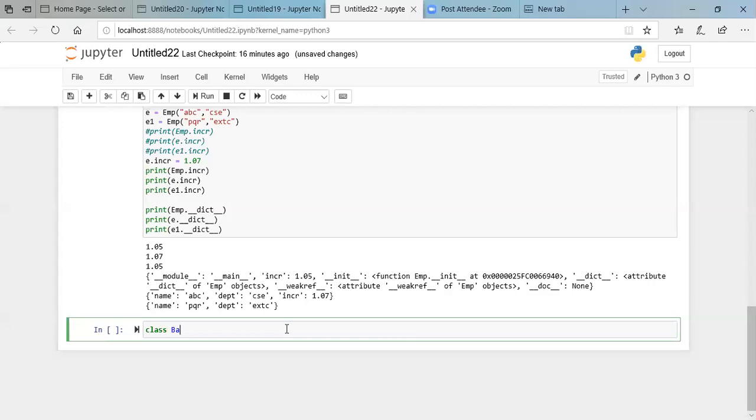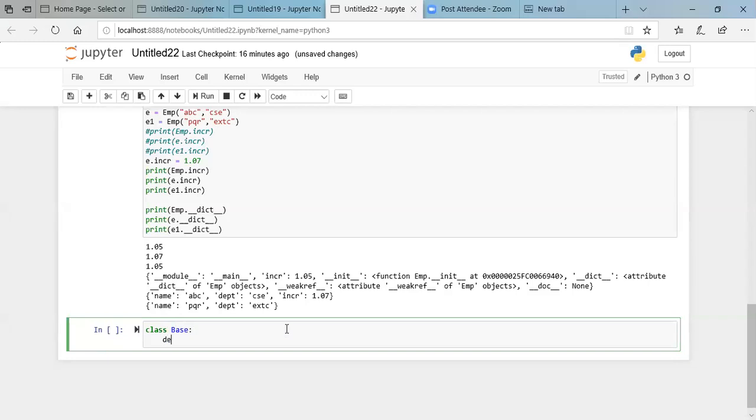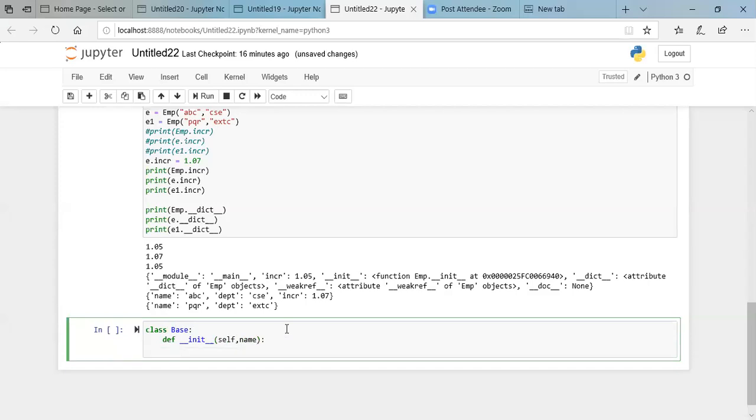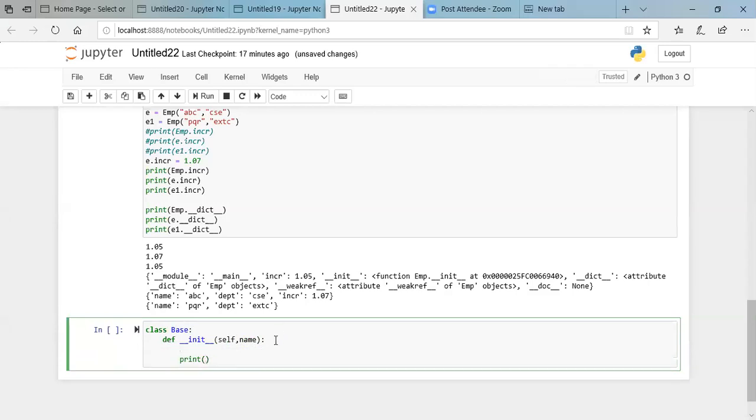So let's say I have a class called base, and in this I'm having a constructor, init, self comma, let's say name, and then I'm simply displaying this. Before displaying, I have to set the value.